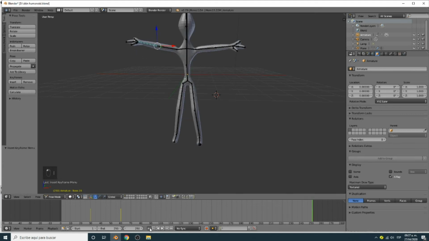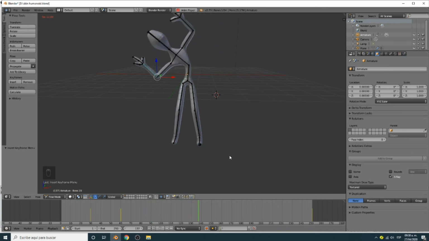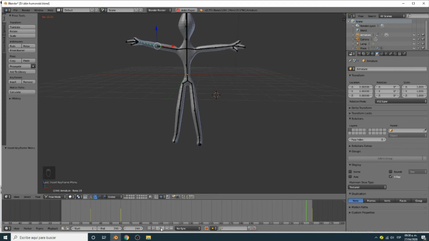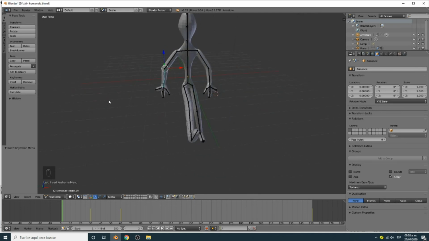So let's check my Macarena. Okay, I need something better. I don't like mine, but it's just an example of how to do it. I need a human body that you finished last week, and put music and make him dance to the rhythm of the music. So try it at least.